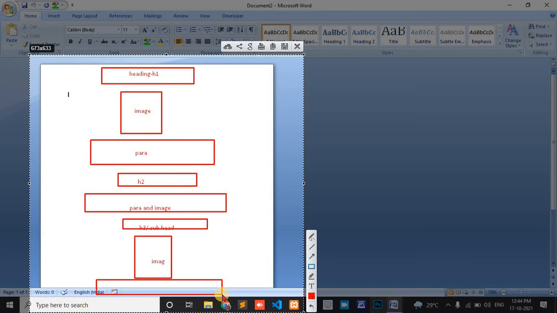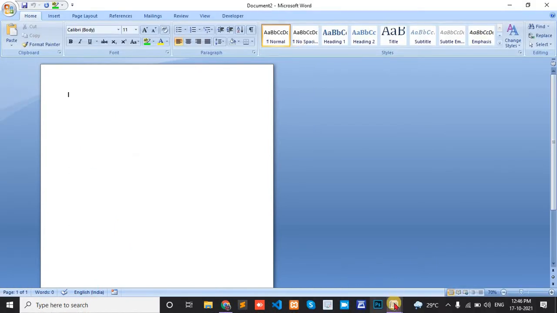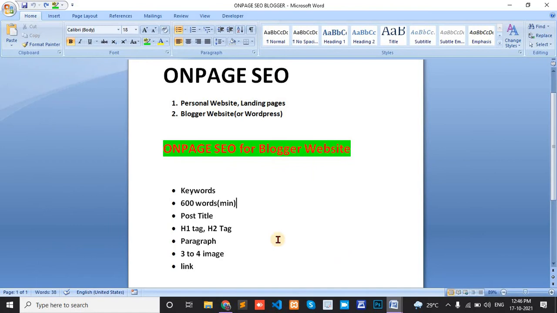This pattern we follow here. If you can cover this topic in your blog, then some keywords may rank. This is the pattern we follow in our WordPress blog or Blogger website.